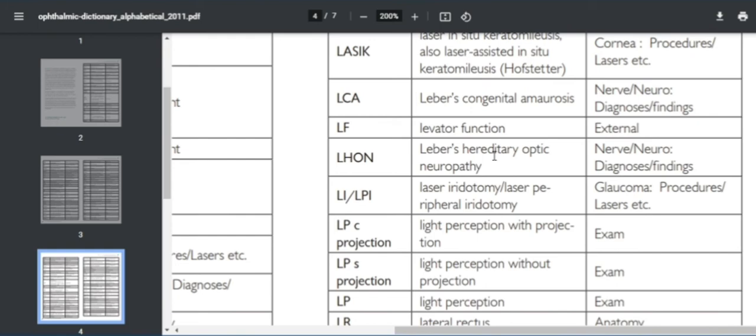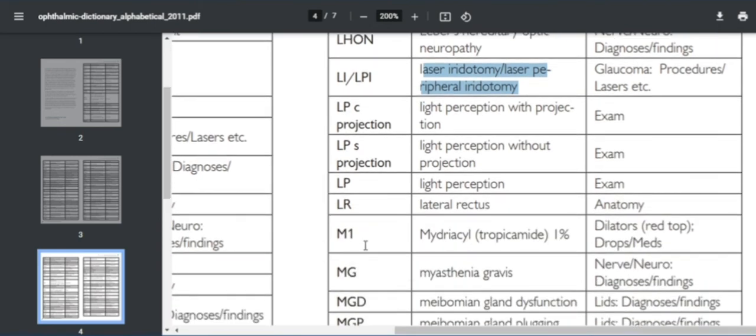This laser peripheral iridotomy procedure is performed in case of closed angle glaucoma, where there is an obstruction of the aqueous outflow. So a laser is used to make a small hole so that aqueous can pass through it. LPC, light perception with projection. Okay, now